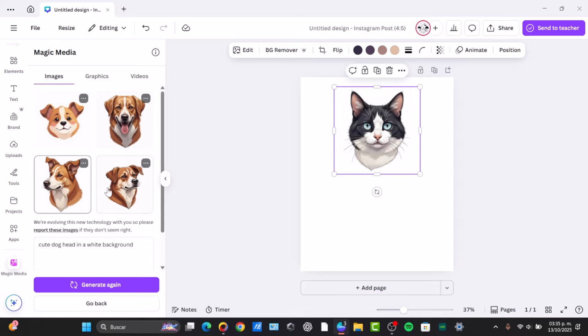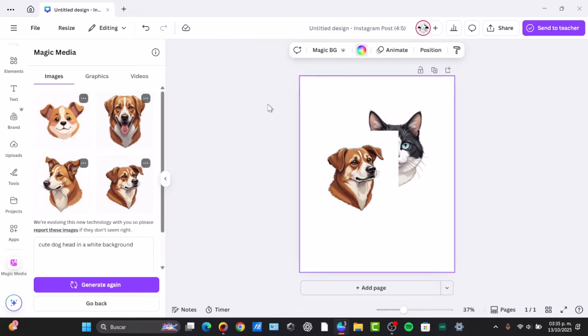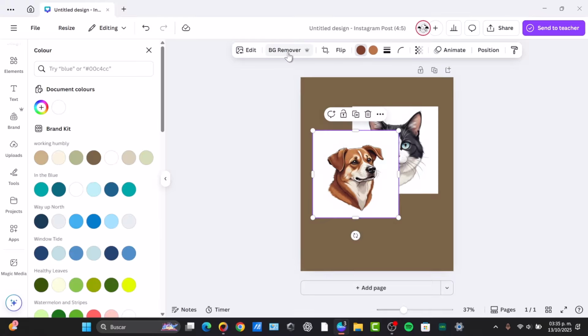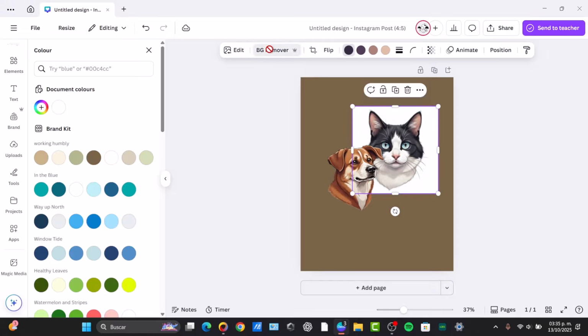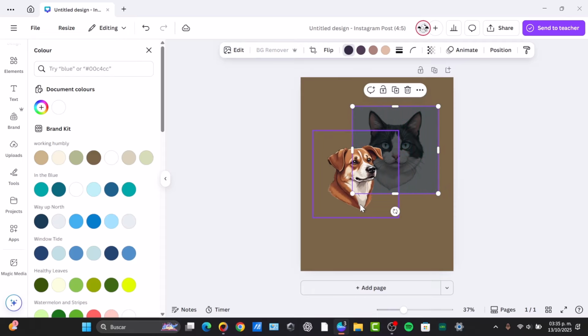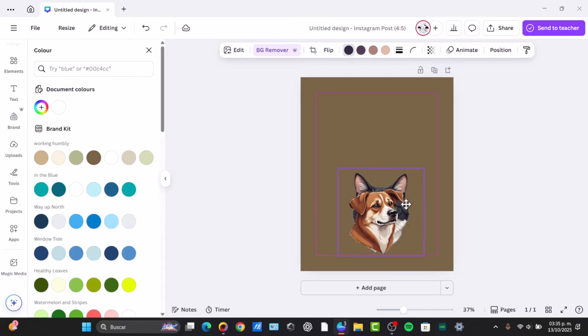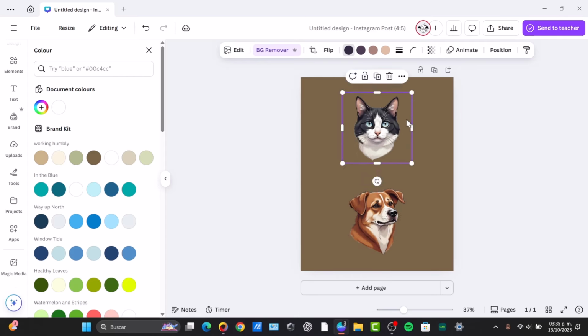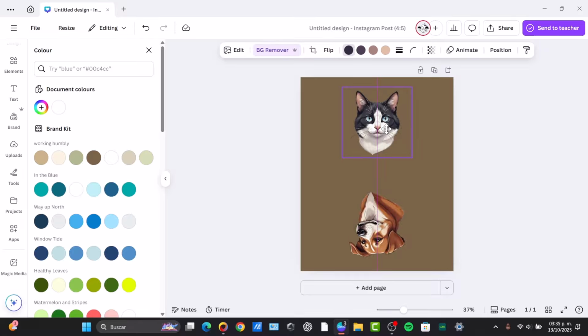So let's say that I have 2 of these elements. I'm going to change the background, just as an example, to remove the background of both my stickers, or in this case my Magic Media. Once I have deleted this element, what I need to do of course is to center them like this, and I'm going to try to make them exactly the same size. With this being said, I'm going to put this into the upper side. I'm going to try to scroll this, there we go, and then I'm going to put them a little bit like this,